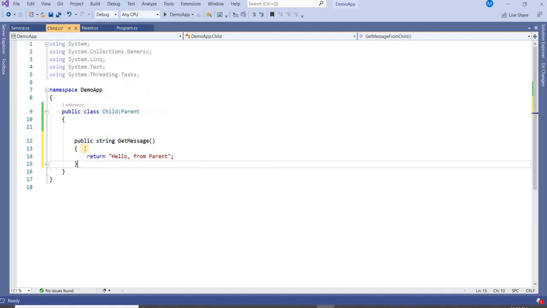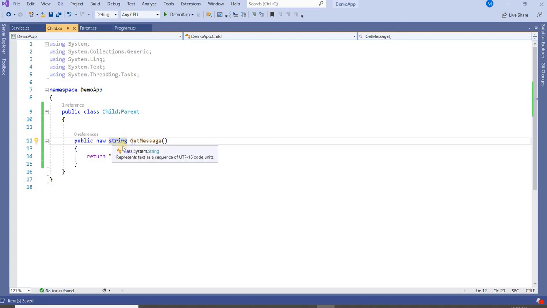Now inside the child I am using the same name. Just to avoid confusion for the compiler, because the same method is available in the parent, I will use new. That new says okay, this method belongs to child and that belongs to parent. Now let me change here as well, child.